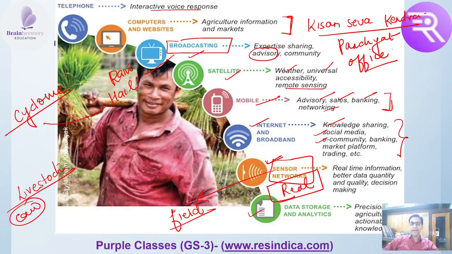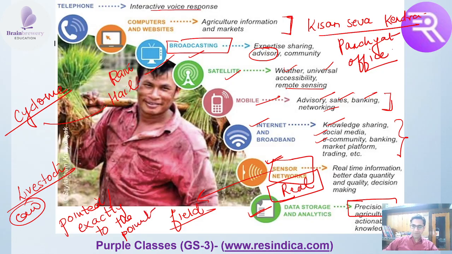Then data storage and analytics. Under data storage and analytics, you are coming into precision agriculture. Whenever we talk of precision agriculture, we are seeing how exactly, how to the point we can do agriculture, so that there is very minimum waste, very precise agriculture. What is needed we grow, only the required input goes in, and we get what we have projected. All these things are part of e-technologies.